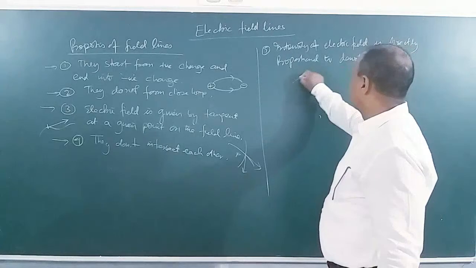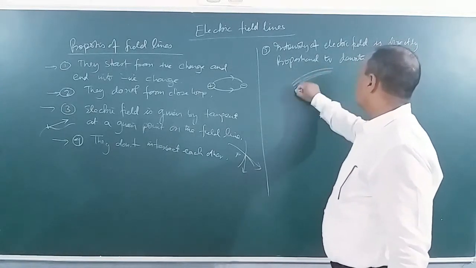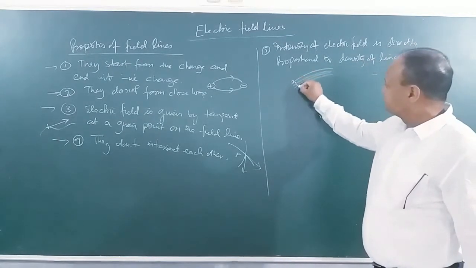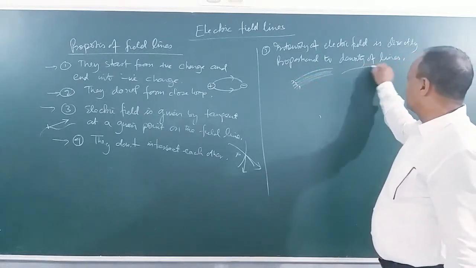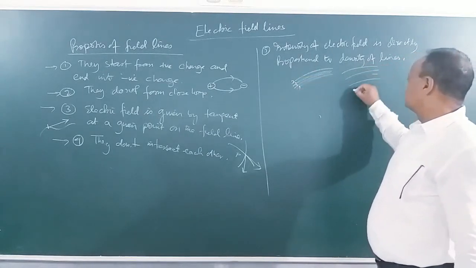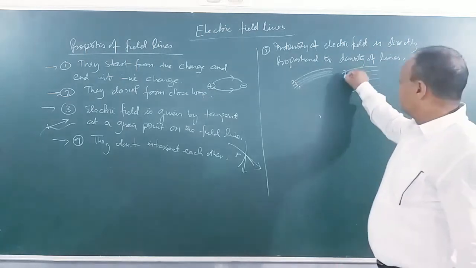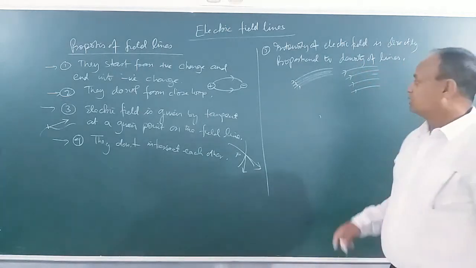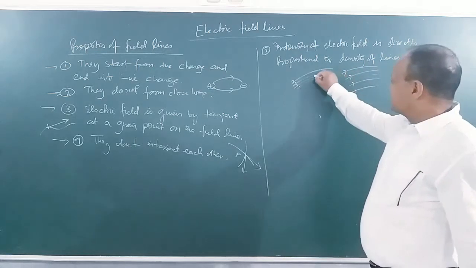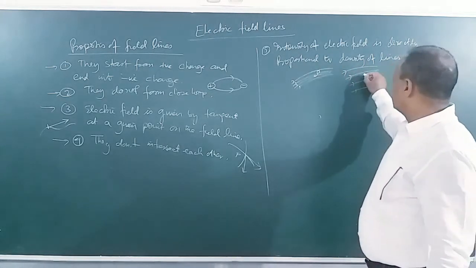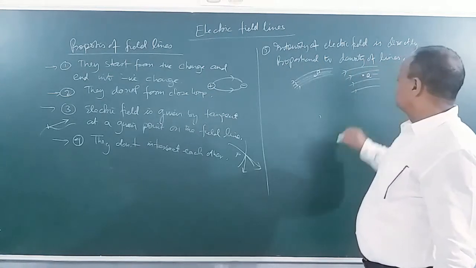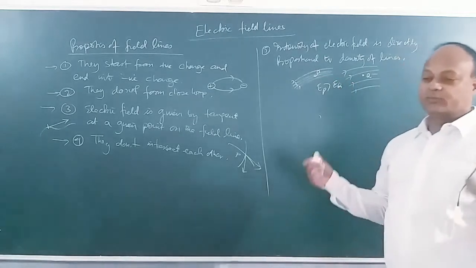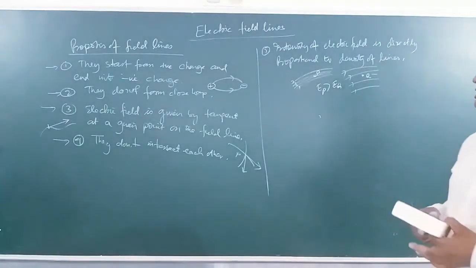If you look at this diagram, here you see one pattern of lines. Suppose these are lines, and then here we have another pattern. Same 4 lines, but here they are far separated. The separation between them is more. So, suppose I consider point P here, and I consider point Q here. So, electric field at P will be more than electric field at Q, where the lines are more crowded. The more crowded the lines are, the greater the intensity of the electric field.